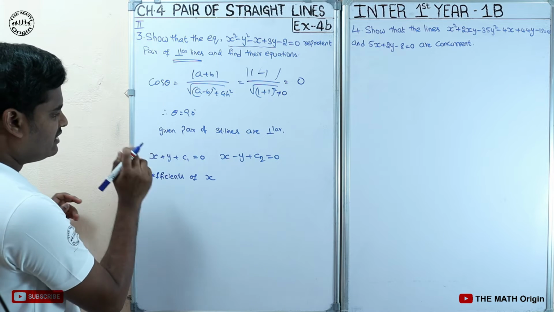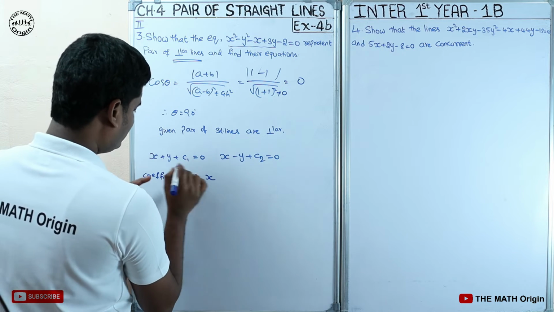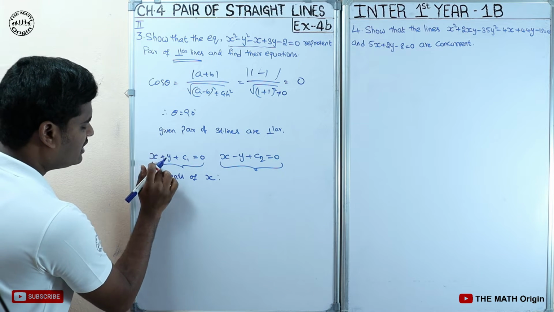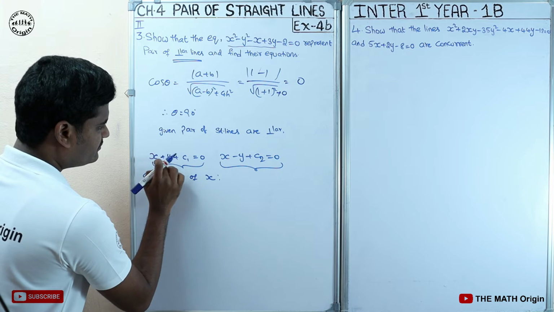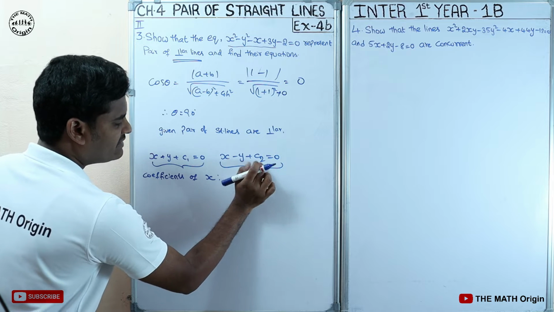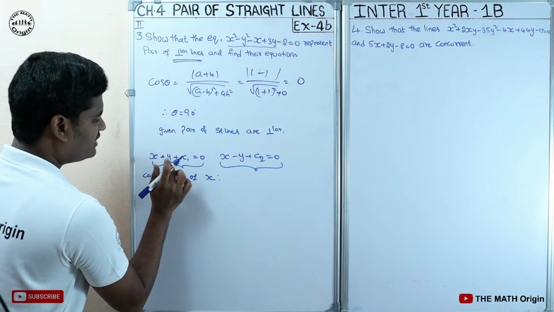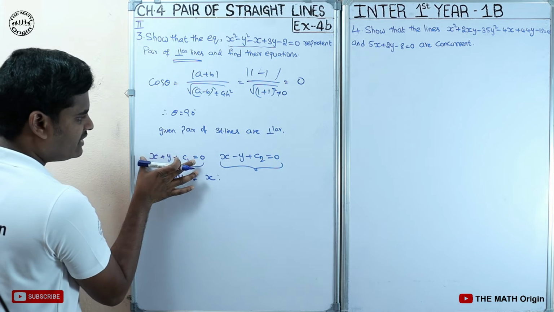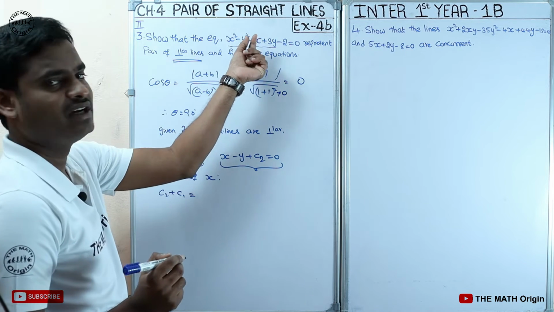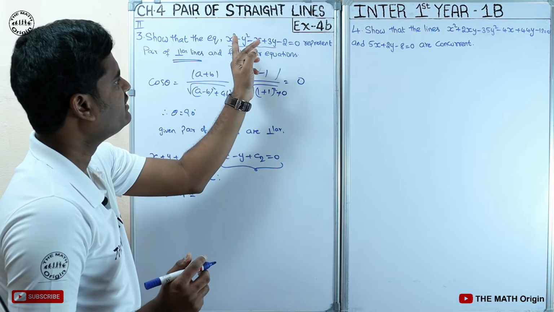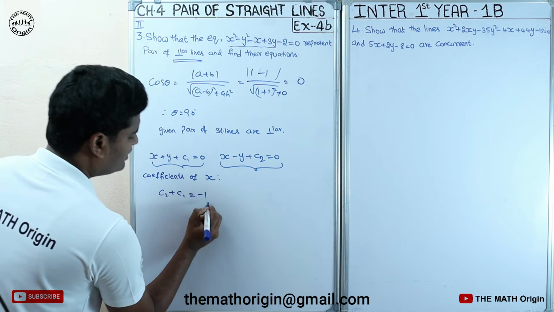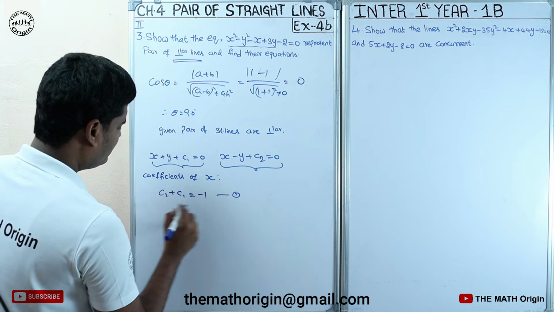of x. Coefficients of x are, if we are multiplying these two lines, when we multiply these two lines, what will the coefficient of x be? x into this complete equation: x square minus xy plus xc2. So this will be c2. Next this x into the complete equation: x square xy plus c1, which is equal to the equation's x coefficient in ax square plus by square plus 2gx plus 2fy. X coefficient is minus 1. We got equation 1.